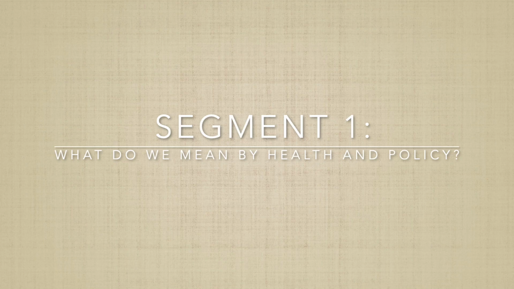Although Donabedian's structure process outcome model is mainly used in healthcare settings, I think it's also useful to analyze policy. So at the federal and state level, the structures would be the three branches of government. First, we've got the legislative branch. At the federal level, that's Congress, the House, and the Senate. And at the state level, you've got your state assemblies.